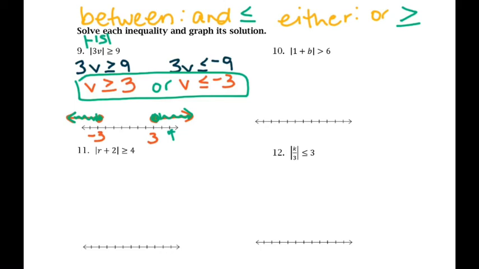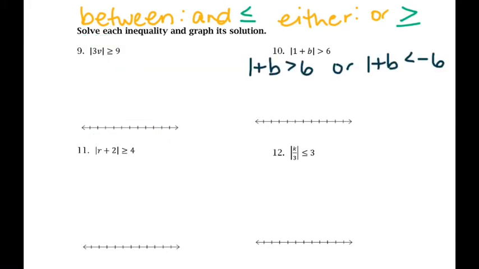Okay, pause the video and let's do number 10. Okay, so you should have written 1 plus b is greater than 6. So the first inequality you do is just write what it says except lose the absolute values. The second inequality, you write the first part, the part on the left, but then you switch the sign. So basically because you're doing the opposite of everything, so you're going to move or change everything to negative, kind of like when you divide both sides by a negative. So solve each one, so you're going to get b is greater than 5, or b is less than negative 7. So when you put that on your number line,